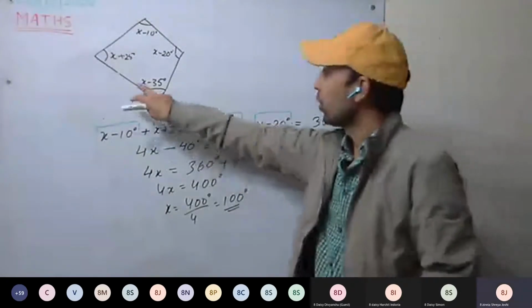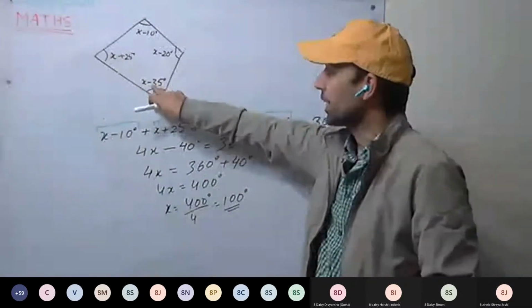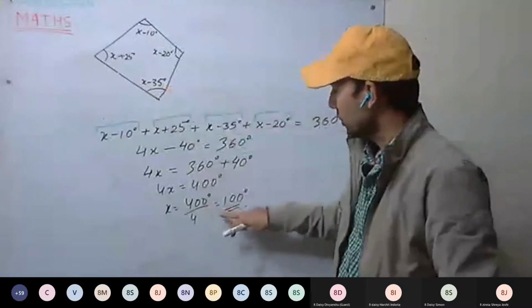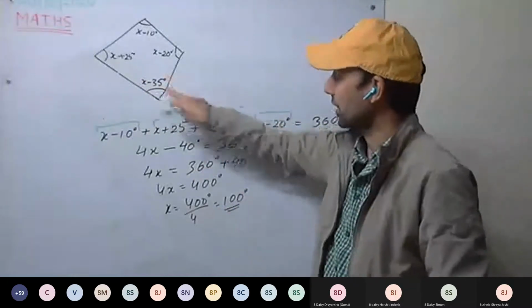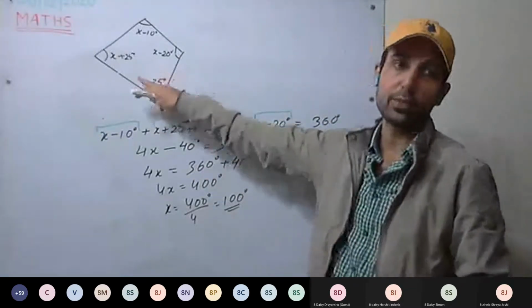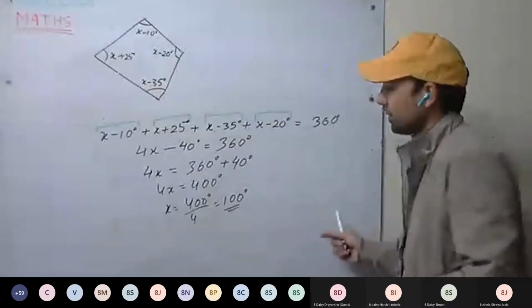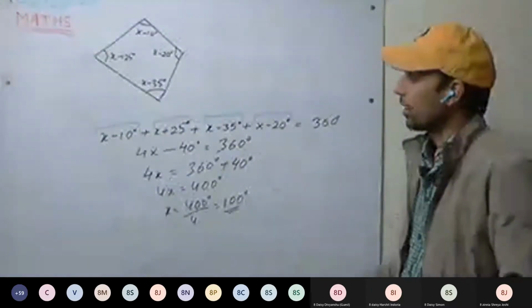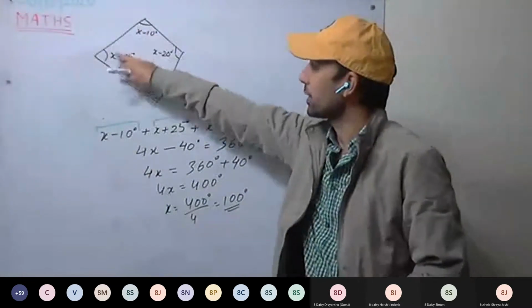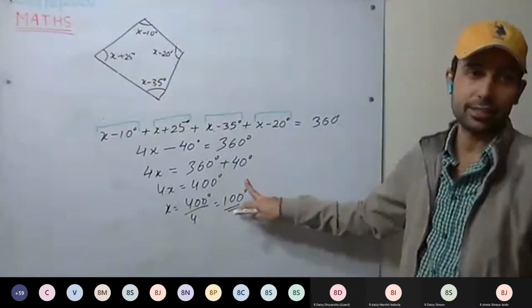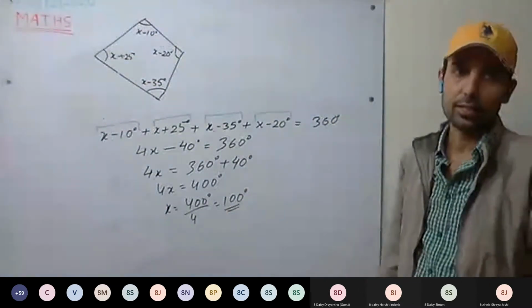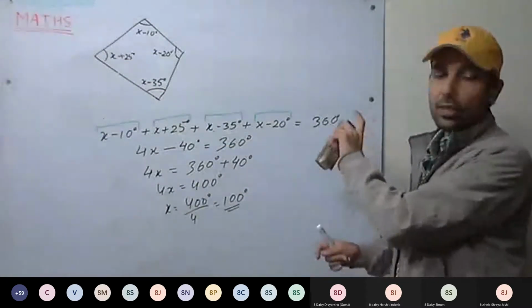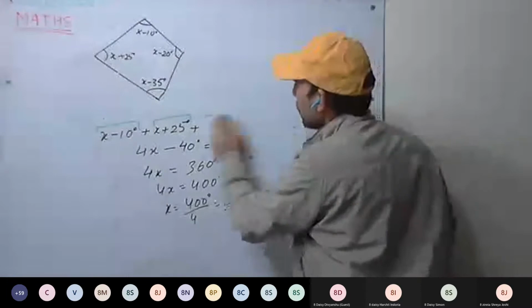And see here, both should be the same, then only they can be subtracted. x must be in degrees. So x is in degrees, 35 degrees, then only we can subtract. They must be of the same quantity. So the x value is 100 degrees here in the first. If I put x degree over here, the value of x will be 100. Have you understood this distinction? Anyone have a doubt here?